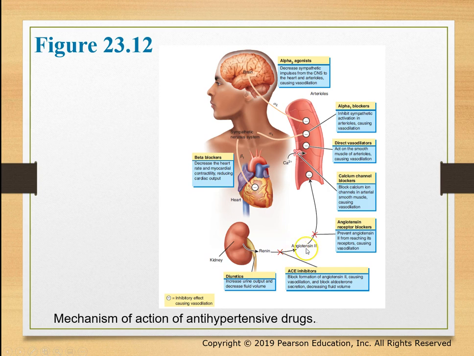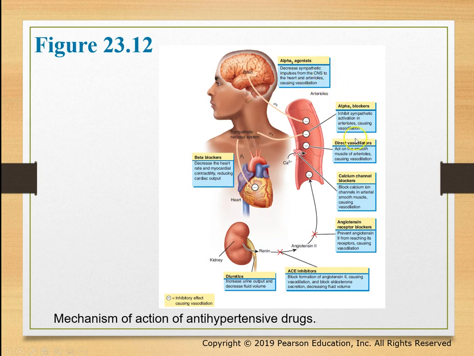We saw on the last slide that angiotensin II will lead to constriction of the blood vessels. So if you block angiotensin II, it will lead to dilation, right? And obviously lower blood pressure, okay? Here again, ACE inhibitors will sort of block this pathway as well. So if you're never making angiotensin II, same thing, it will lead to dilation. Okay? Beta blockers will basically decrease the heart rate and the myocardial contractility, reducing cardiac output, therefore decreasing blood pressure.